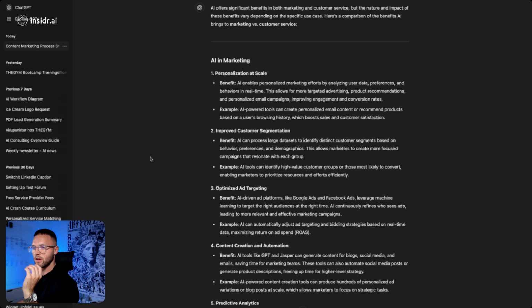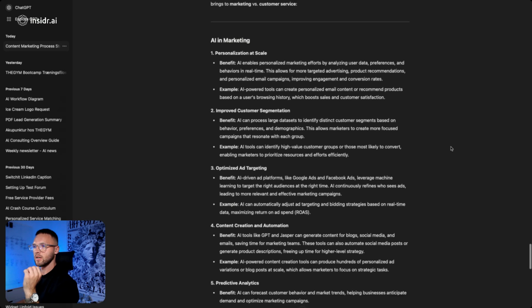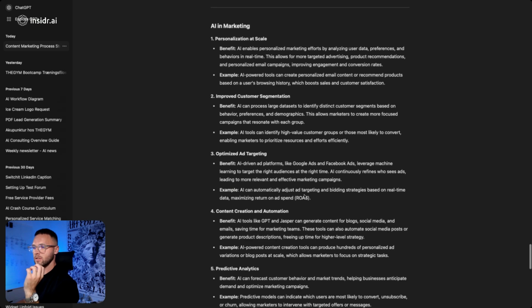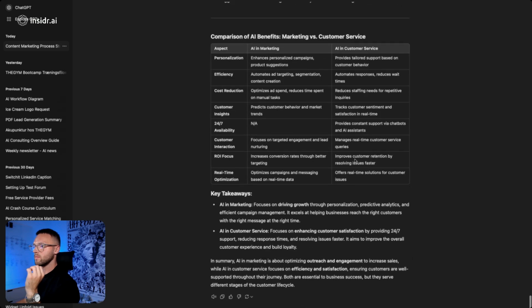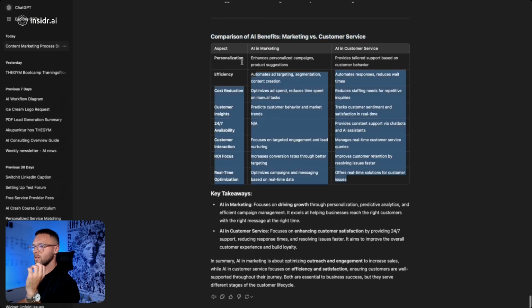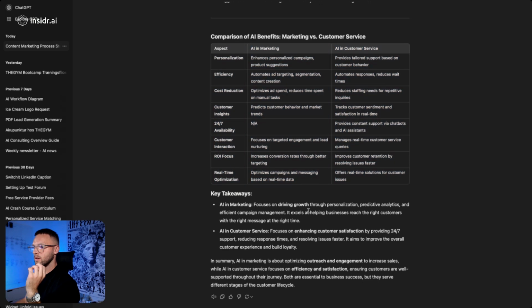Then you could use this prompt to actually gain more insight in the benefits of implementing it into the marketing department, or if you should start with the customer service side and the benefits there, and you can make a decision or even have the AI make the decision with you. And you even have the comparison of benefits in a table here, which comes in very handy,